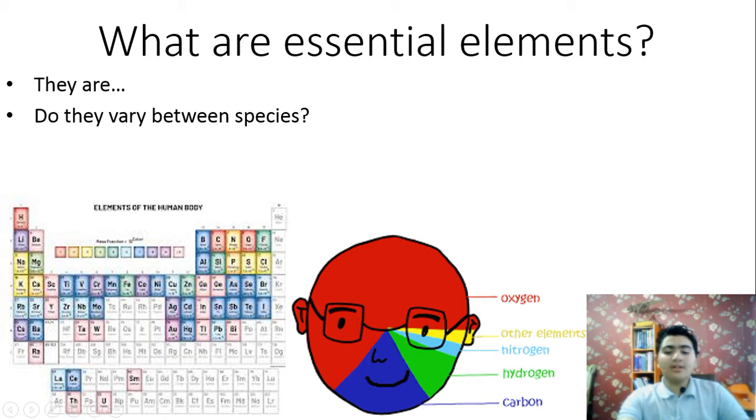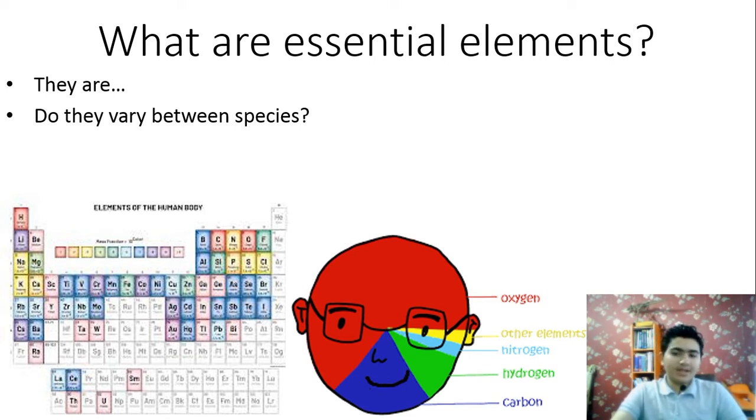These are 96% of this picture, and the other elements are only 4%. Calcium, phosphorus, potassium, sulfur, and other elements account for most of the remaining 4% or so of an